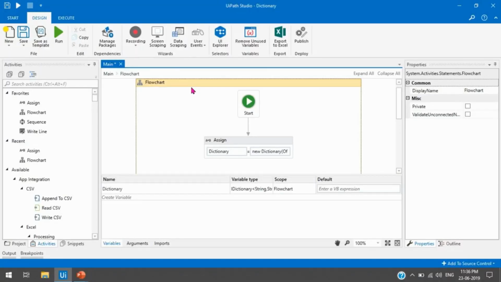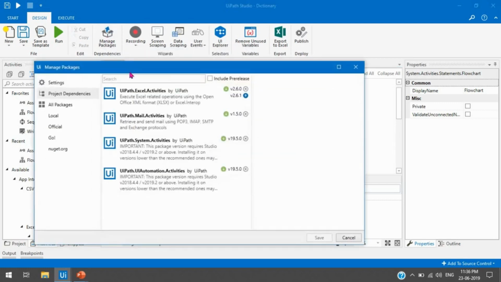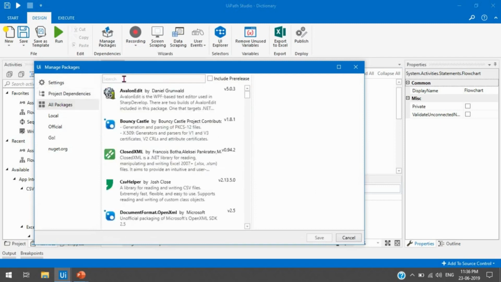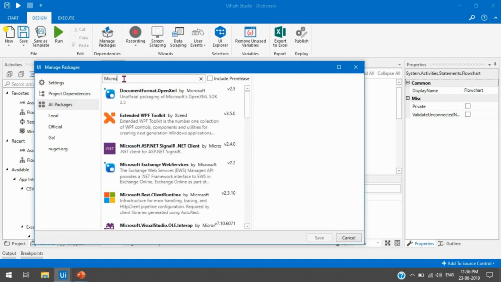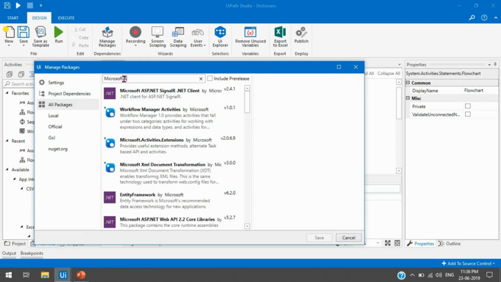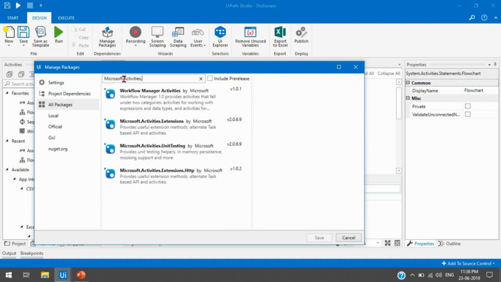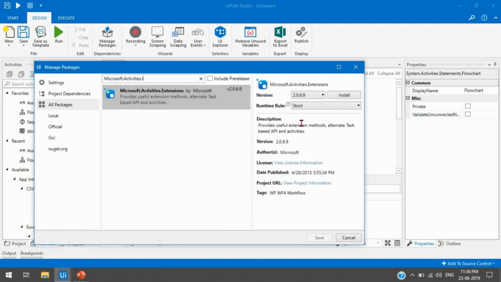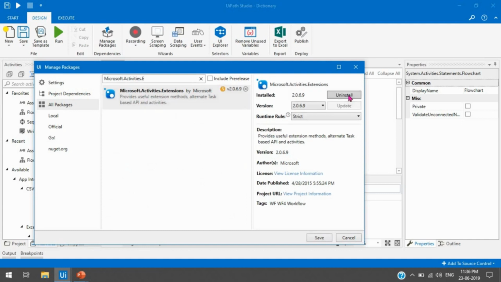Microsoft.Activities.Extension. So let me first click here on Manage Packages, then go to All Packages, and in the search box we need to write Microsoft.Activities.Extension. We need to take this one to use the dictionary activities. Now click Install and then save this.